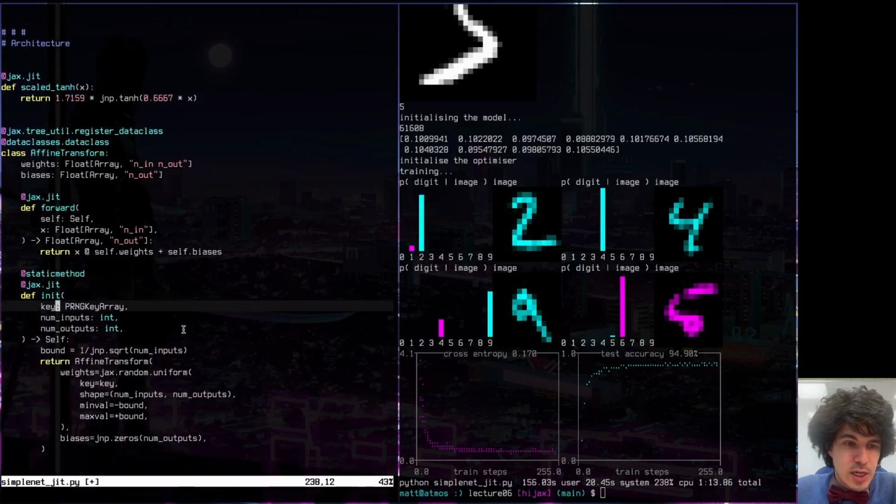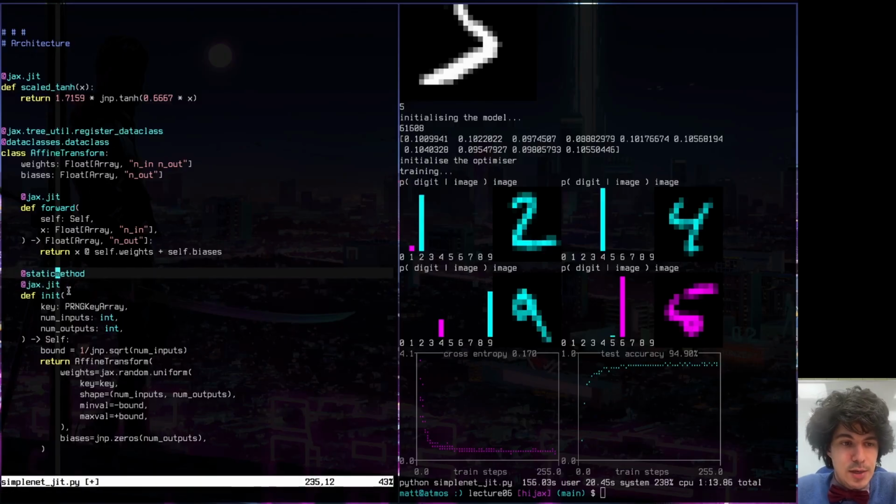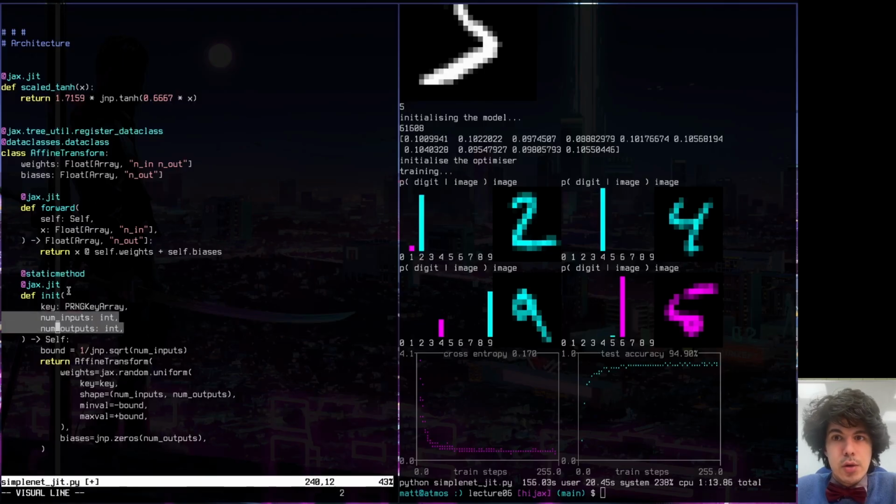The initialization, again, make sure we do it after the static method decorator in the code, but before it in terms of the order they're applied. So jax.jit should be the first decorator that's applied, because we can't JIT it once it's been turned into a static method. Oh, but something here is off, because these num inputs and num outputs